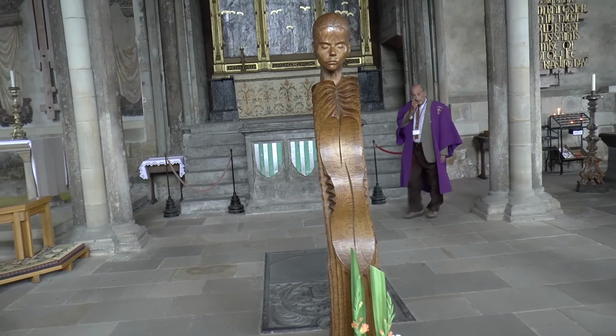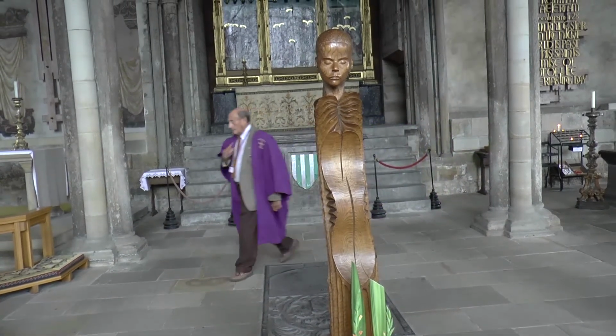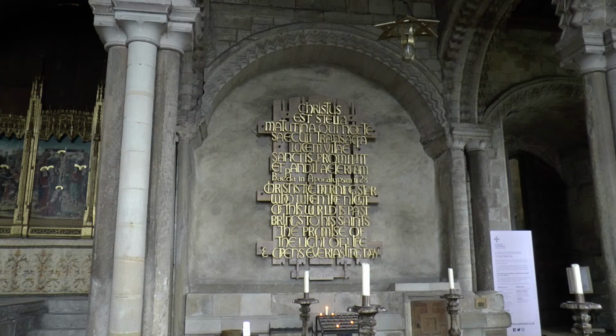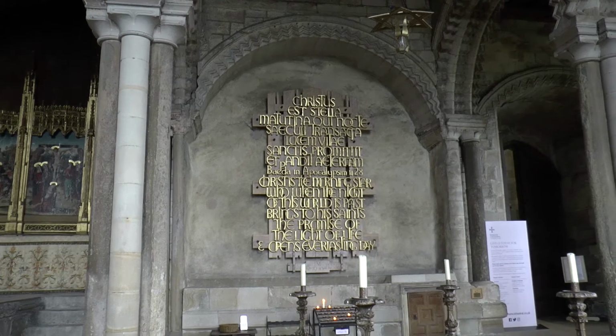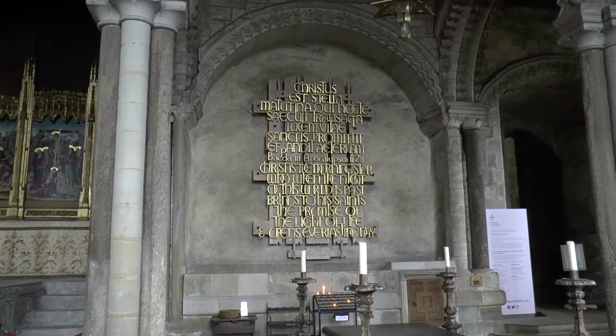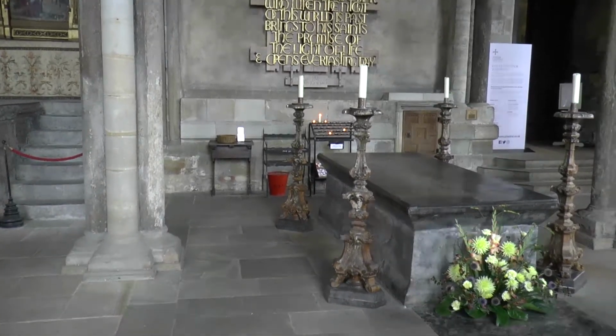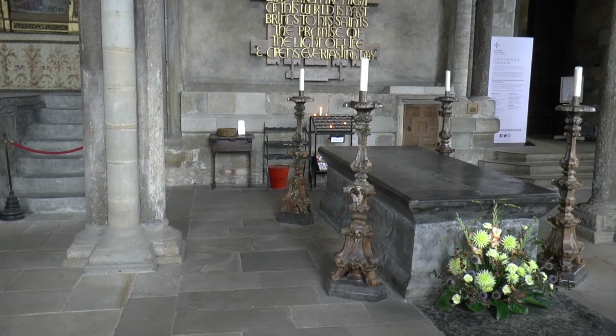Here in the Galilee Chapel is the tomb of the Venerable Bede. Bede was a monk who became famous as a great scholar. He was the first person to write the history of England. He also documented the activity of St Cuthbert. He was the first person to use the letters AD, short for the Latin Anno Domini, after the birth of